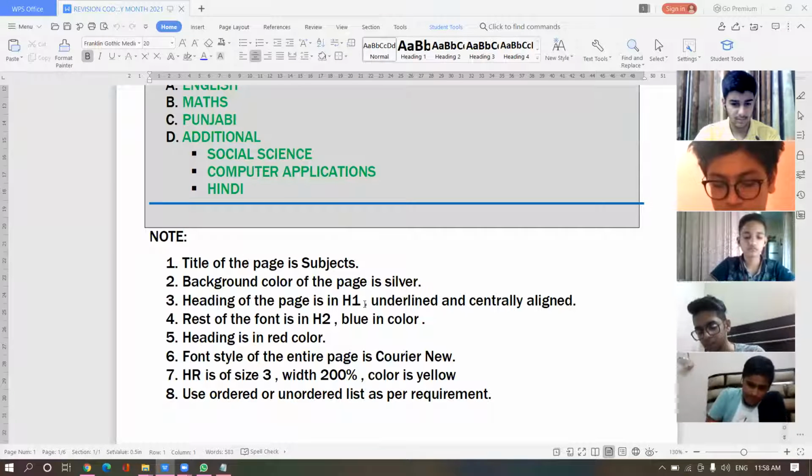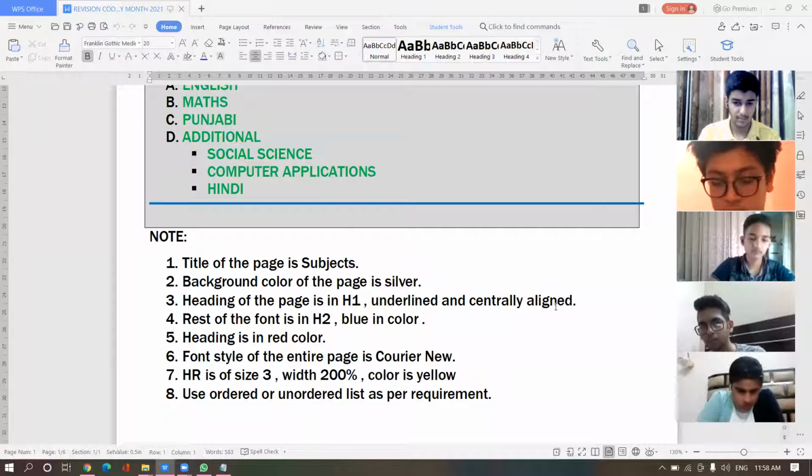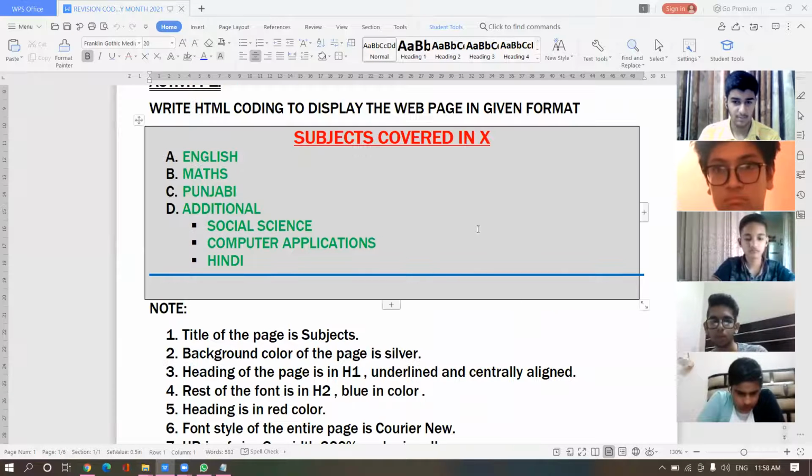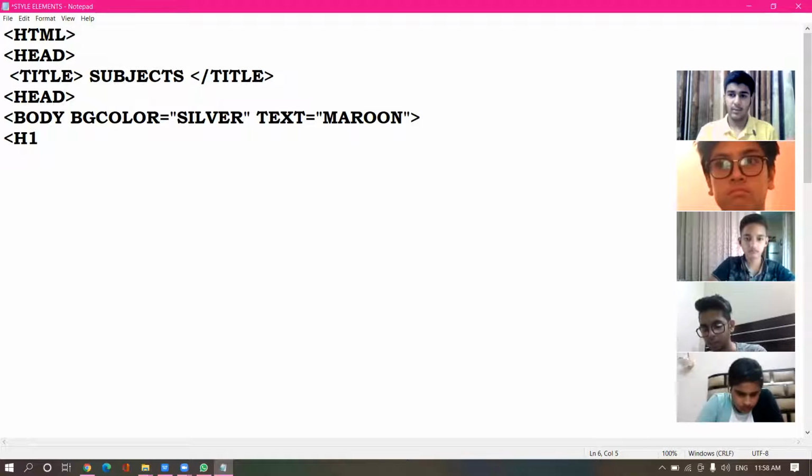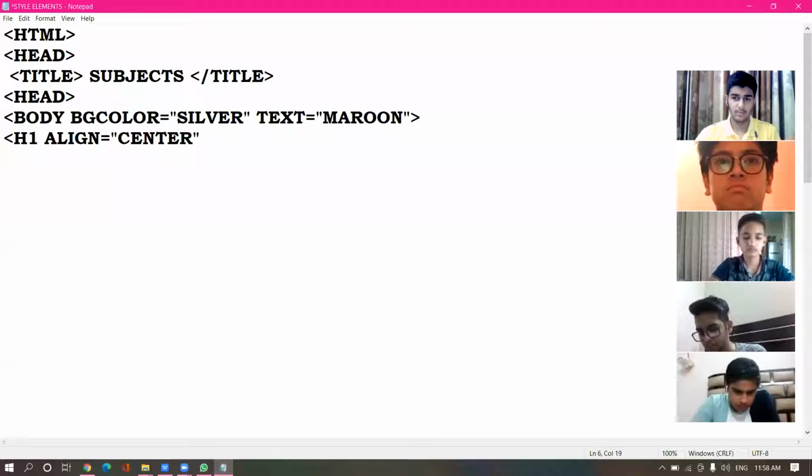Next, the heading of the page is H1, underlined, center aligned. Three things are given for the heading. The heading is subjects covered in 10. The heading of the page is H1, underlined and center aligned. For center alignment, we will use the attribute H1 align equal to center.